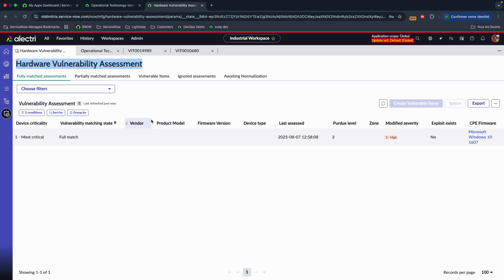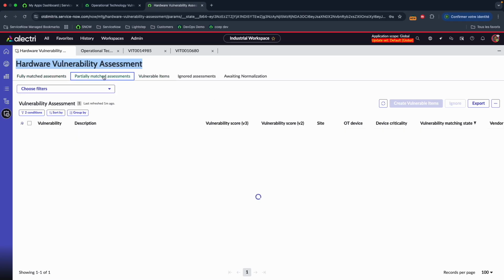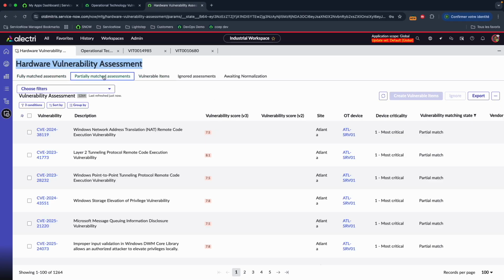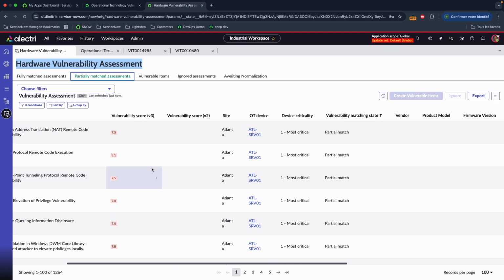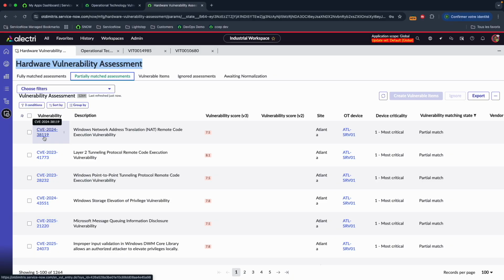If we match these three different fields, we have what we call a full match, meaning that this vulnerability is 100% matching your device. If we just have the vendor and the product matching, then it is a partial match, meaning that maybe the version that we detected is not the same as the CVE version. This means that this vulnerability will impact your device in the future if you change version, or maybe you just already upgraded and it's no more linked to your device. Or maybe it is a CVE that impacts all versions for this device, which could be also the case.